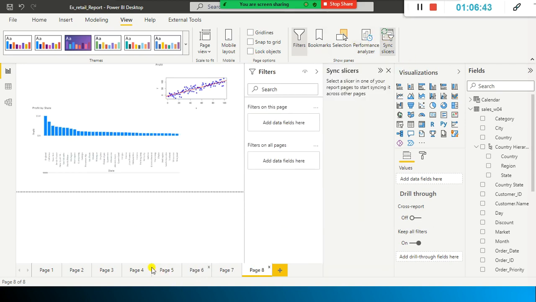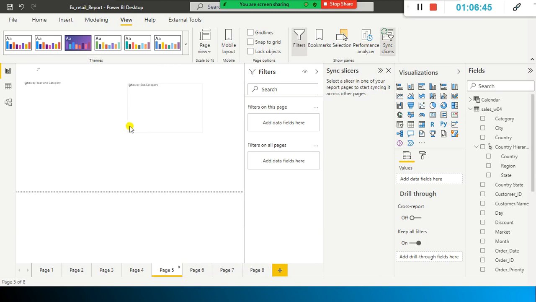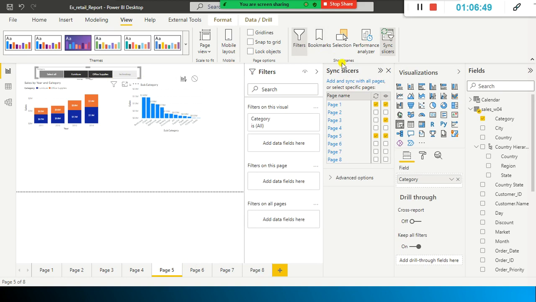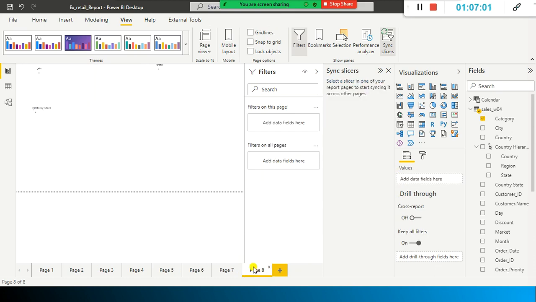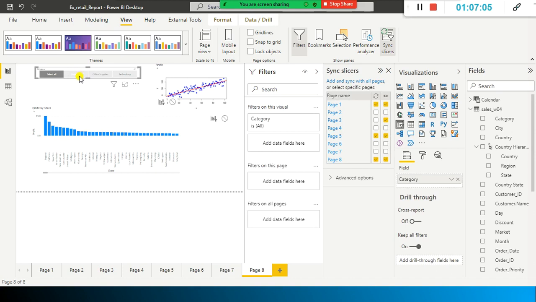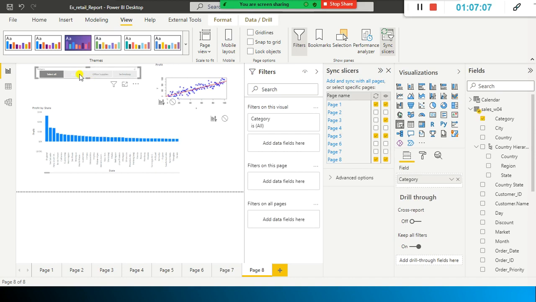So one second, I just go to page number 5, and you need to select this one. You need to select this one, and then yeah, here page number 1. See, page number 8, I did not select it. That is the problem. So this is the base thing. This itself I did not select it. If I go and see it here, it is available here. So technology, office supplies, and let's say, I select furniture and technology.